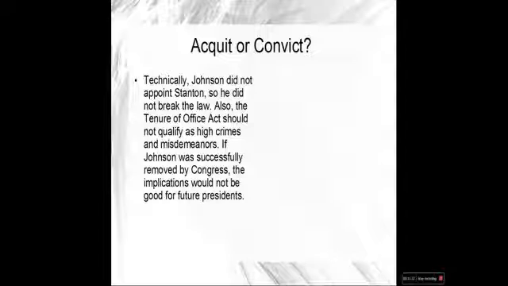The Constitution says that a president can be impeached and convicted only for high crimes and misdemeanors, not high crimes or misdemeanors. Firing Stanton certainly was not a high crime. It is true that Johnson opposed Congress's plan of Reconstruction, but so did Abraham Lincoln. All Johnson did was to carry out Lincoln's plan. Is that a crime worthy of removal from office?